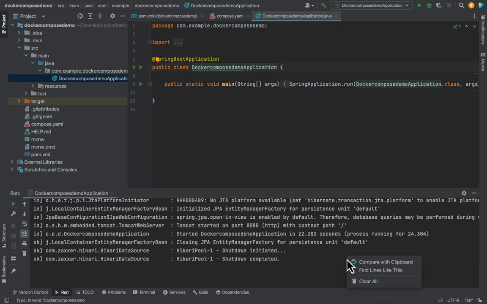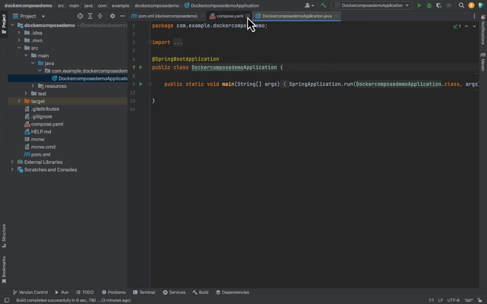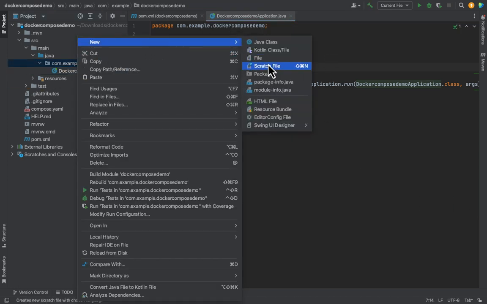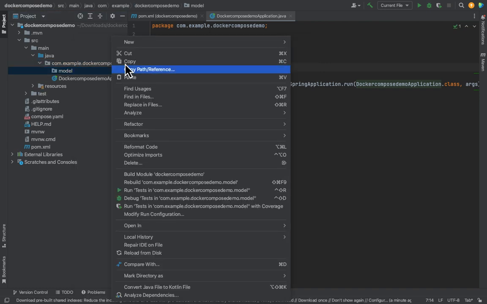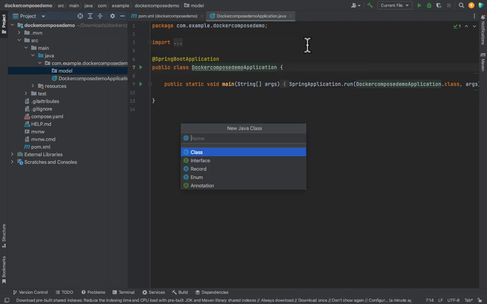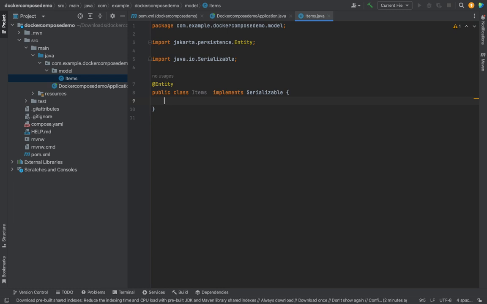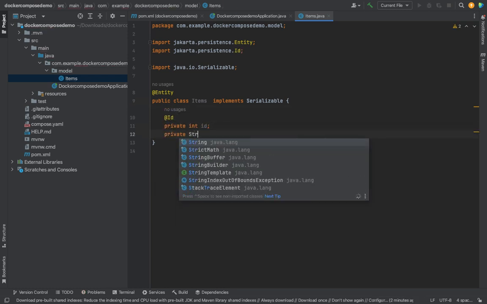Now, let's demonstrate the usage of these services in our project to show how seamless the integration is. First, let's right-click on the top-level package. Choose New Package, name it Model. Right-click, choose New Class, call it Items. Mark it as an entity, have it implement serialization, create an ID named ID as int, and a private string